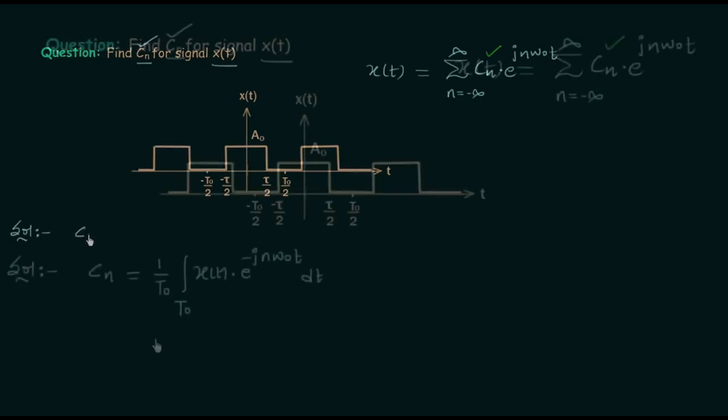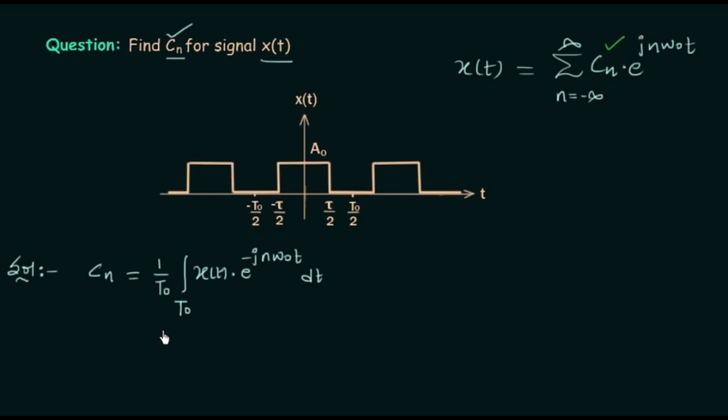We know the formula. The range of integration should have the duration equal to the fundamental time period T0. Now look at the waveform given in the question. This instant of time is equal to minus T0 by 2, and this instant of time is equal to T0 by 2. If we select this range of integration from minus T0 by 2 to T0 by 2, you will find the duration is equal to T0. So we have the range of integration, and in the next step we will put the range: 1 divided by T0, integration from minus T0 by 2 to T0 by 2,